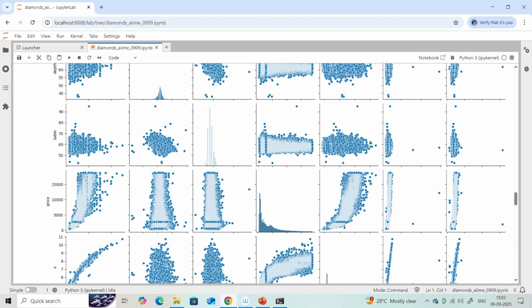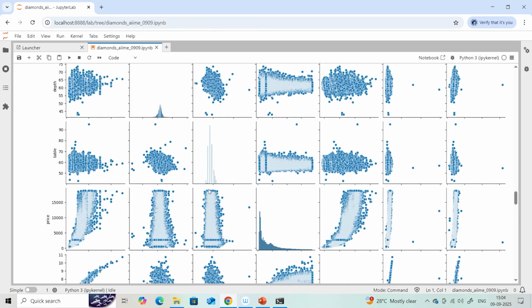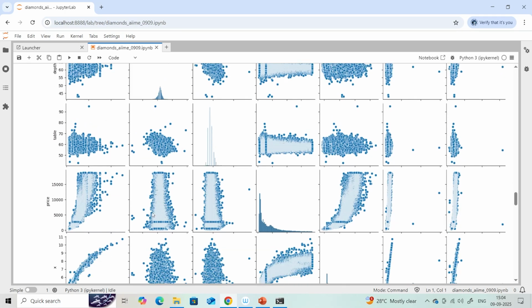Similarly, you can see the variation of price with each column in this horizontal axis. This second column is depth, then table. If you increase the depth of a diamond, your price will first increase, then it will start decreasing after a particular depth, which is somewhere here where my mouse is. Similarly, table has the same kind of distribution, where if you increase the values of table after a limit, the